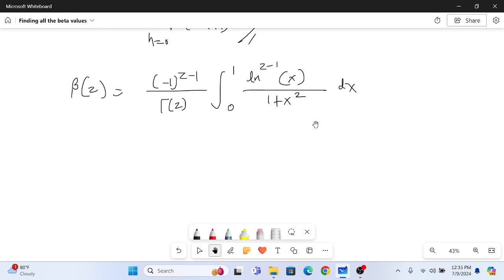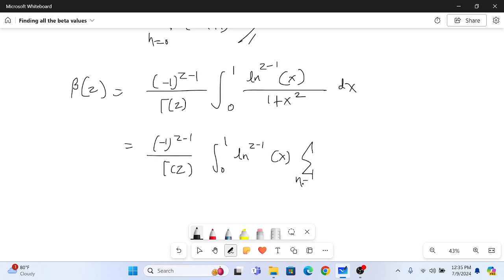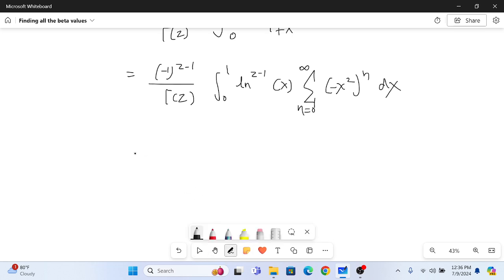Just to verify, you can change 1/(1+x^2) to its sum representation. So this will be (-1)^(z-1)/gamma of z, and the integral from 0 to 1 of ln^(z-1)(x) times the sum from n equals 0 to infinity of (-x^2)^n dx. Now we can take the sum outside, because all these things are constant for the sum. So we have the sum from n equals 0 to infinity, and then write all the things: (-1)^(z-1)/gamma of z, the integral from 0 to 1 of ln^(z-1)(x)